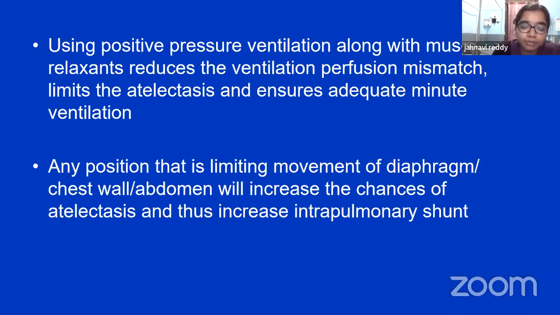Any movement of the diaphragm, like in supine position, if the patient is lying down, the diaphragm is moved cephalad, it will cause compression on the lungs, and it will also reduce functional residual capacity. So it will also cause reduced minute ventilation. So with any movement of the patient, we should take care of the respiratory system properly, and according to that, changes will be made on the ventilator. And if any sudden changes are seen in an anesthetized patient, it will also increase the intrapulmonary shunt. Intrapulmonary shunt is the blood which is going to the lungs which is not properly oxygenated. So we should take care that much blood is not going to the lungs without oxygenation. So according to that, we should plan our